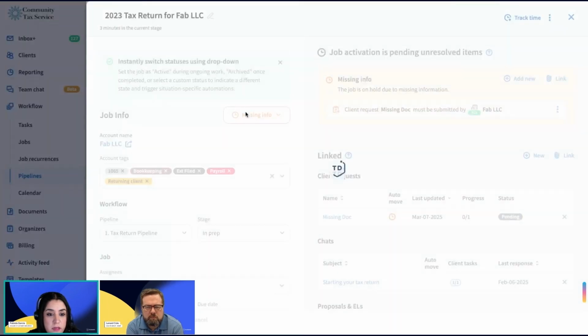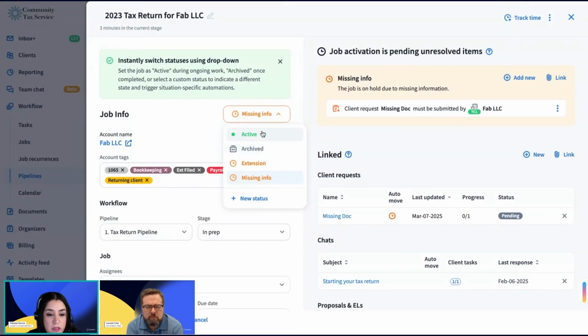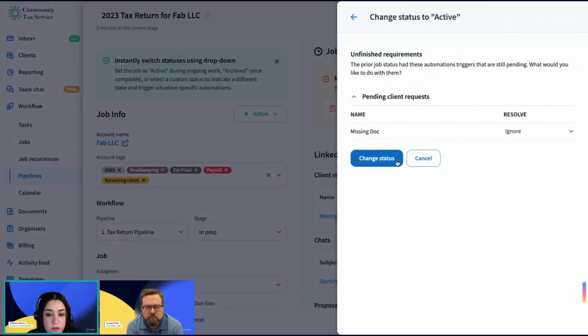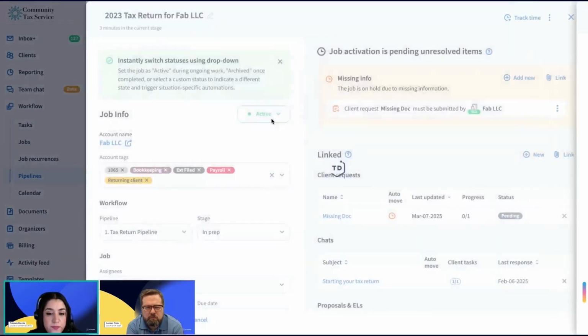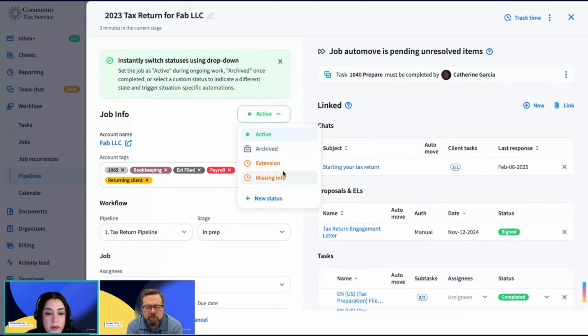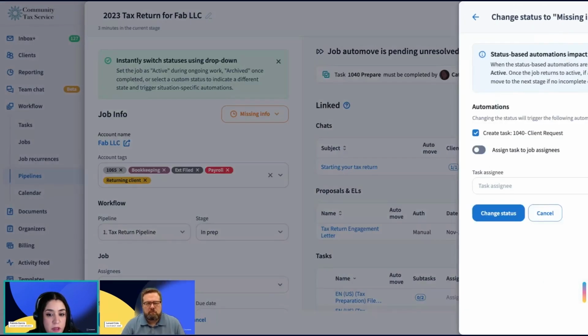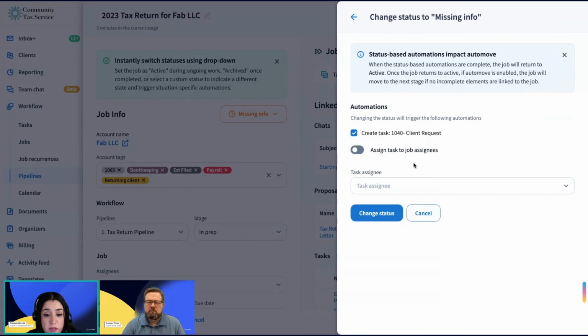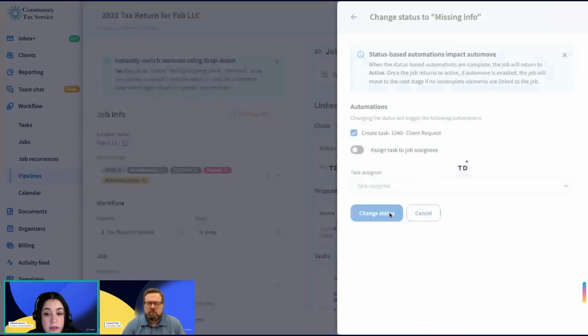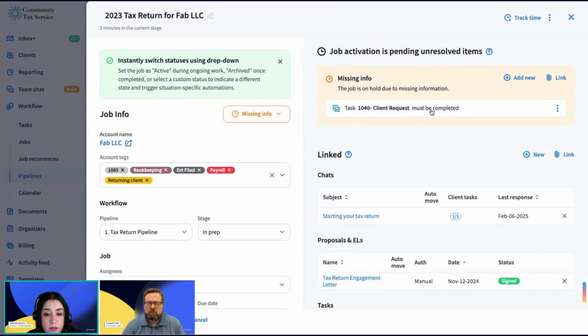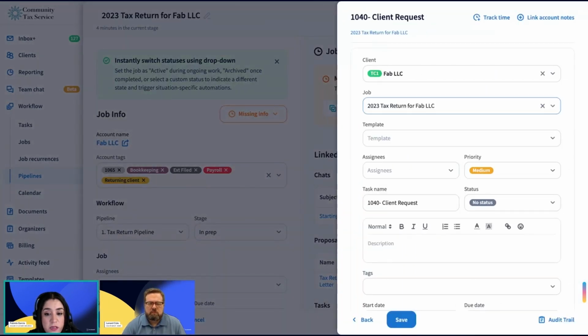Let's turn this into active now, and I'll link this. Now, I am missing information. I know that now. And a task is going to be created, and it's going to be automatically issued, right? So when this task is completed,